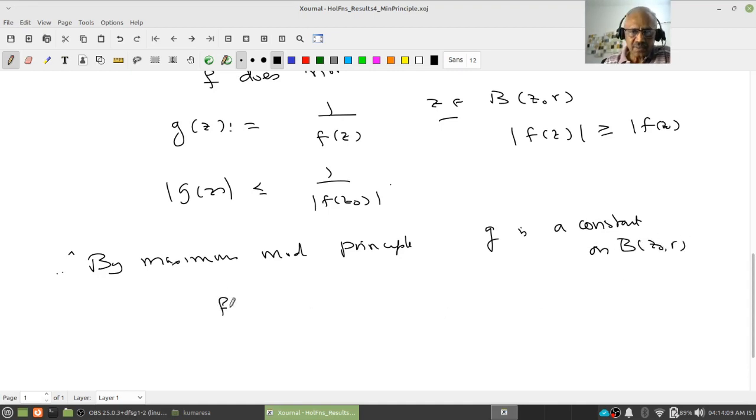That means f is a constant, again on B(z0, R). Be careful. Now I can use the uniqueness theorem. What does the uniqueness theorem say? If a holomorphic function vanishes on an open set, it should vanish identically on the connected open set. Since U is connected, by the uniqueness theorem,